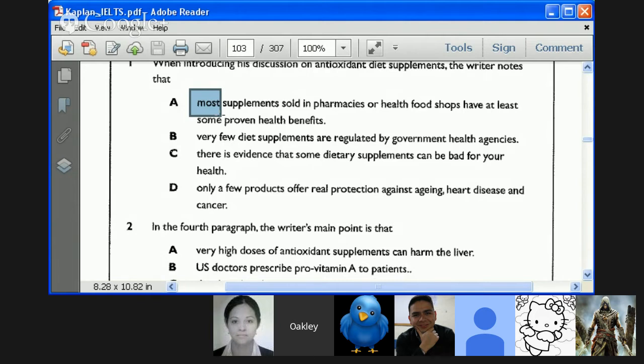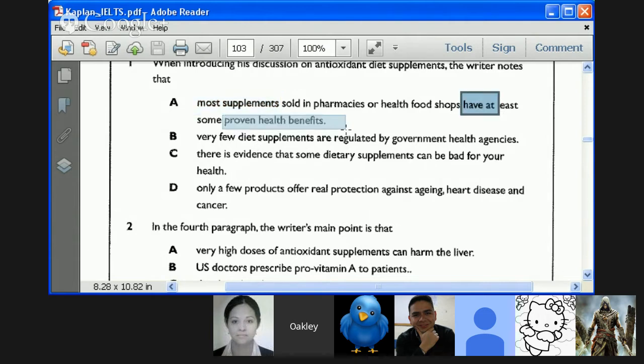That's not how science works. Science is never 100% or 0%. It always leaves room for doubts. So when you see absolute adjectives or adverbs, chances are this is not going to be correct. So in no way does it say most supplements